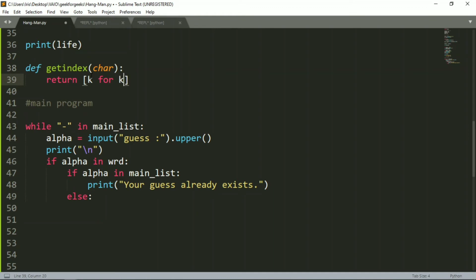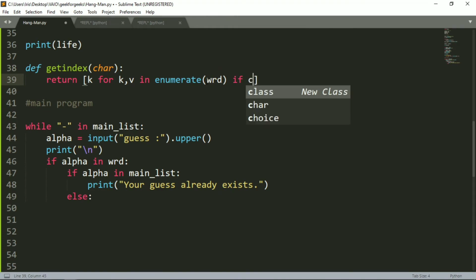Okay, so for k, v in enumerate. So what does enumerate do? It's pretty simple. It returns a list. So your k is your index and v is the element of your list. Okay, so in your parentheses you will put the list name that you want to check. So what will I check in this? I will say word, because we are checking from a word.